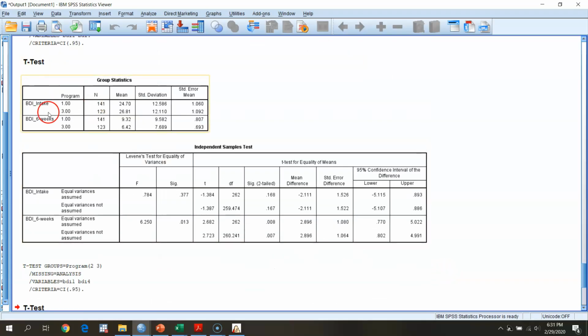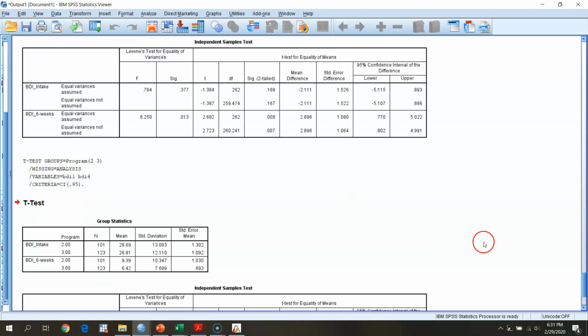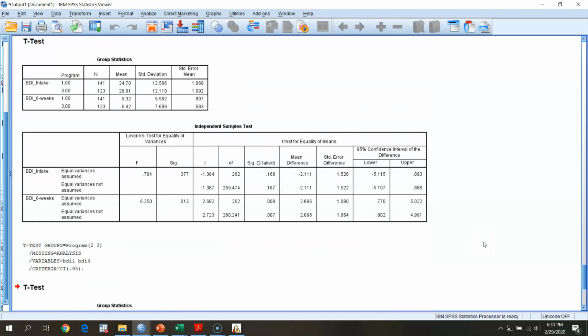Here, we're comparing groups 1 and 3. It doesn't look like there's much going on at baseline, but at 6 weeks we've got a violation of homogeneity of variance, so we go down to equal variance not assumed, and we're seeing a test statistic of 2.72, a p-value of 0.007, so maybe evidence of potential differences at the end of treatment between 1